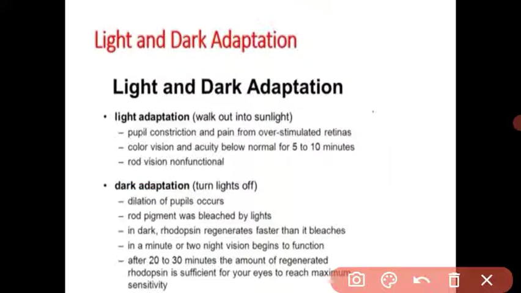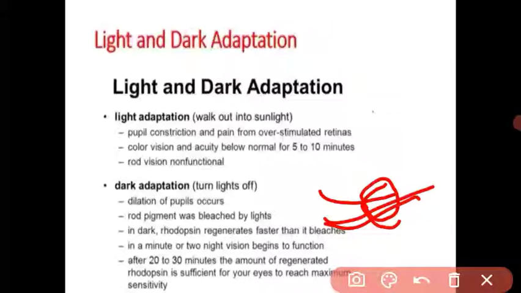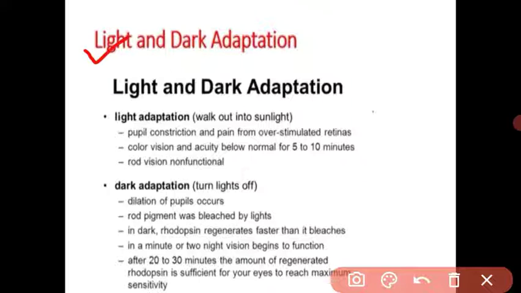And in dark vision, there is no bright light, so the pupils dilate. Because there is no light, a large amount of light needs to enter the eye. The pupils are wide open, a large amount of light enters into the eye and you are able to see in the dark. Understood students? What is meant by light adaptation and dark adaptation? You are habitual to this, since every day we face this condition.